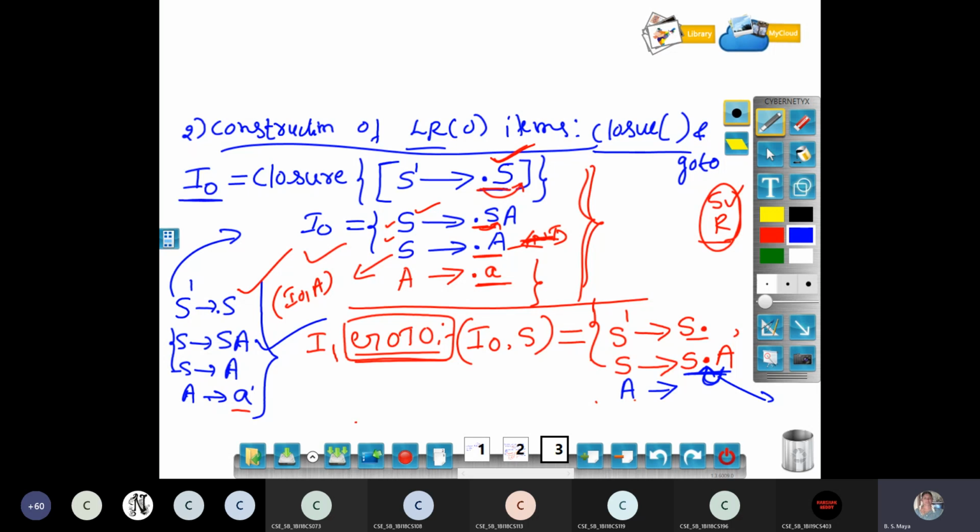You have to apply closure of A. Closure of A means you take A and go to the grammar. What is A? A derives A. You have to write dot A. Apply closure of A, meaning put a dot in A's productions. What are the productions of A? I have only one: A derives dot A. Now you can close it. Because in the I naught state on S, I have only one production.